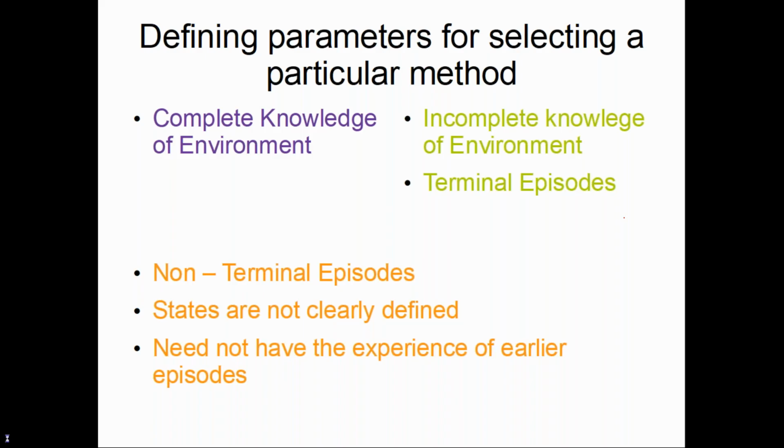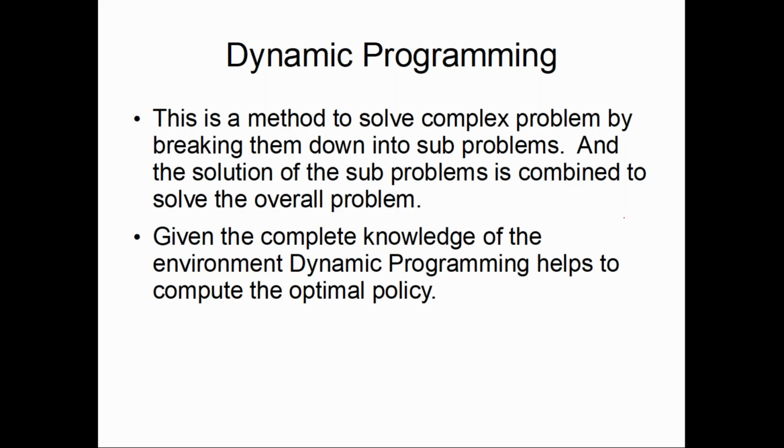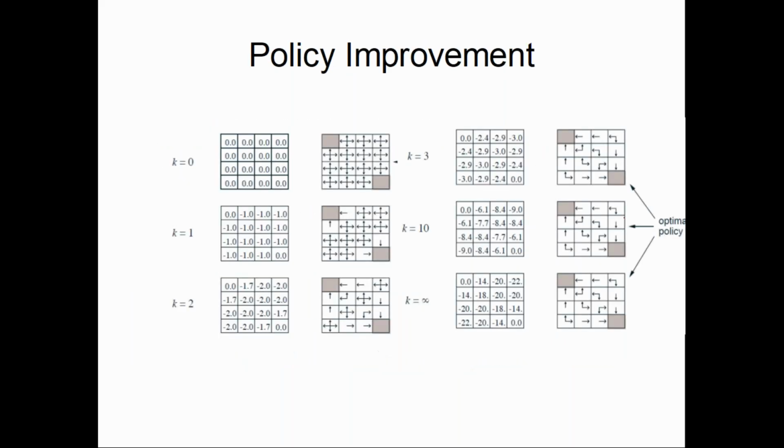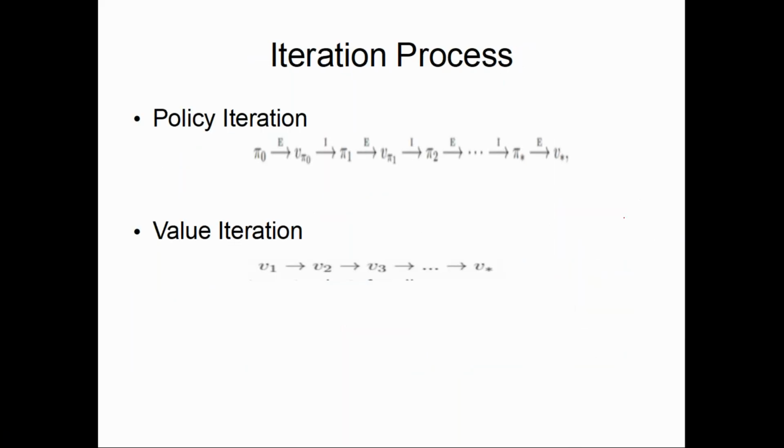In dynamic programming, here we know everything about the environment. We are trying to evaluate a policy using the Bellman expectation equation. At every state, we first initiate it, then involve the transition probabilities and the state values of the previous states, and then work it out. After policy evaluation, we do improvement. There are two ways of iteration: evaluation and improvement. That means first we find out the state values, then we say what is the best pathway to take, or sequence, in policy iteration.